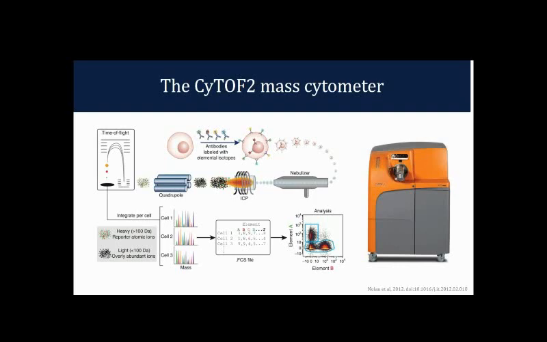They then end up in the mass spectrometer, the time-of-flight mass spec, where the heavier ions are deflected at a slower rate, or deflected in a longer path than the lighter ions, and then detected here and digitized into a signal for each cell event. So what you see here is basically cells that each have characteristic mass profiles. And these are converted then in turn to an FCS file, which is really the critical step, because a lot